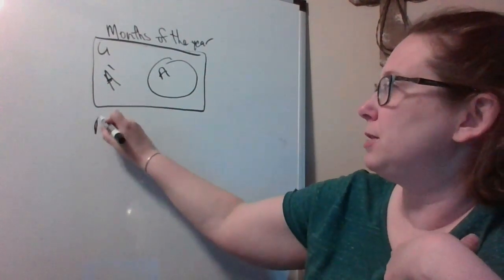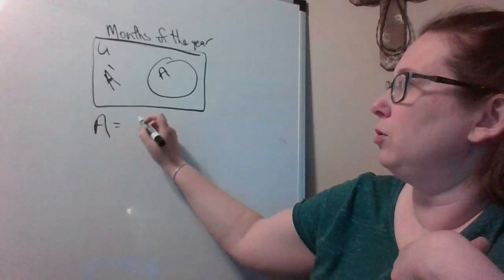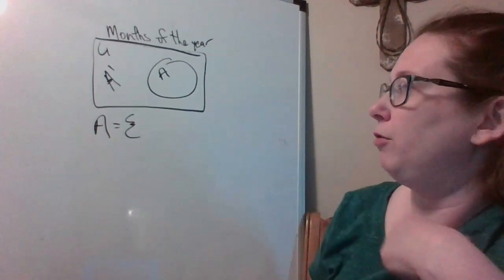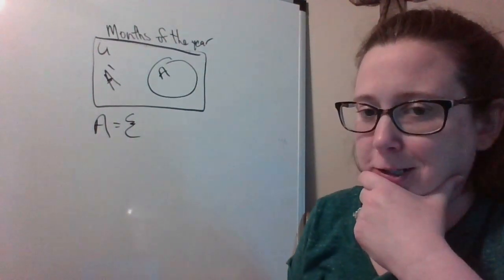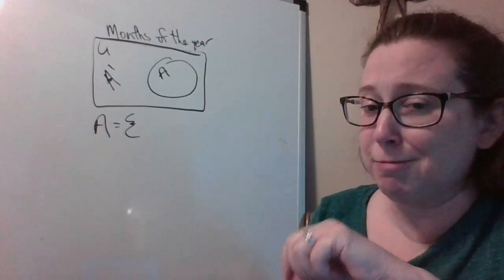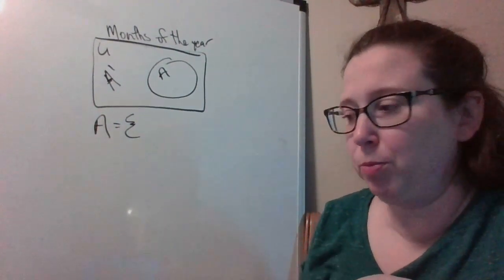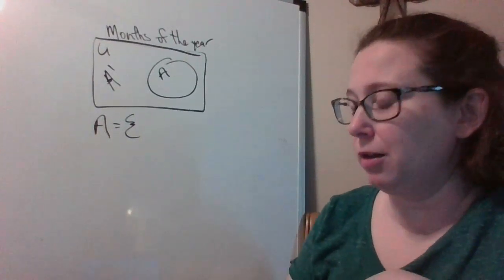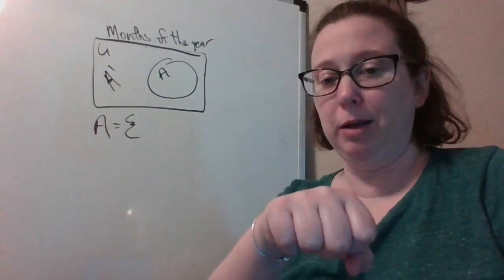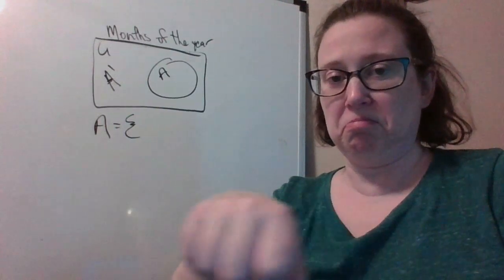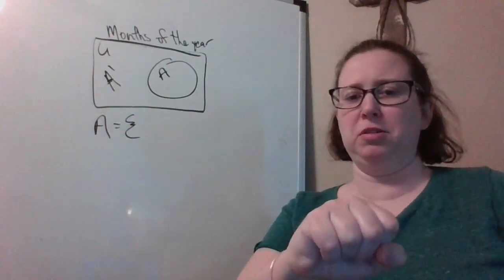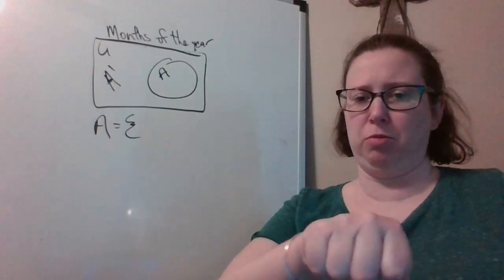When you list out your months that have 31 days, this makes me a little sad that we're not together, because this is the point in the year that I always show everybody my knuckles trick, and we're not together. So I don't know how well this is going to show, because I don't know how well you can see